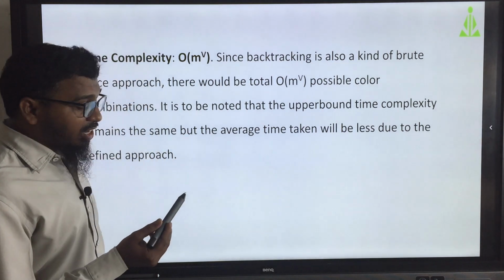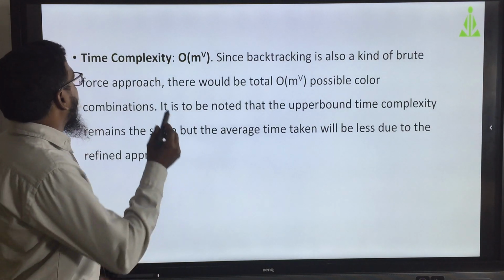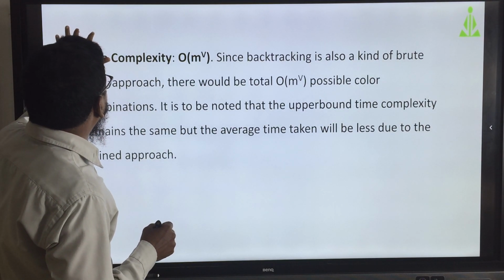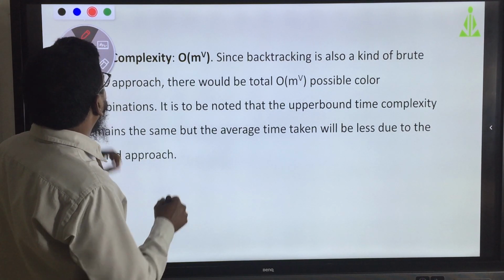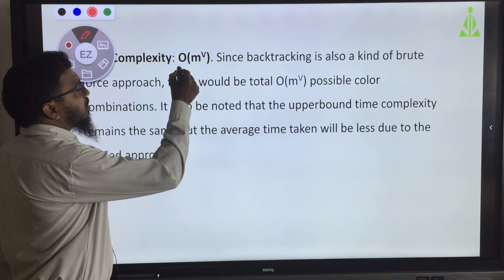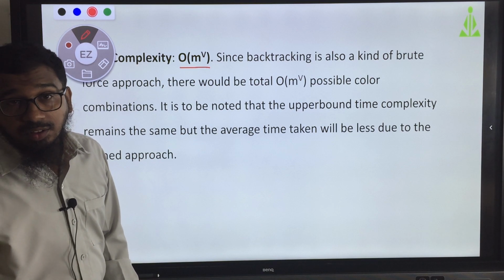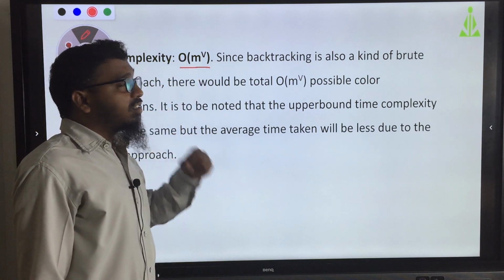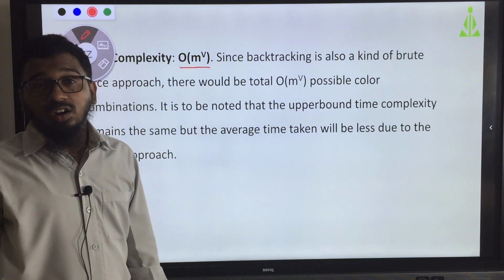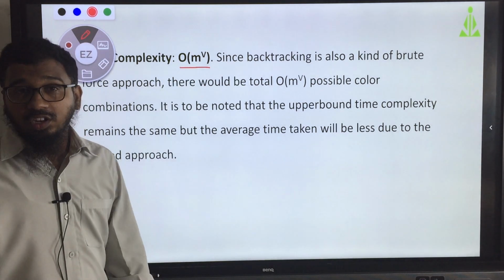So, what is the time complexity here? Time complexity is order of m power v. M is the number of colors and v is the vertices.